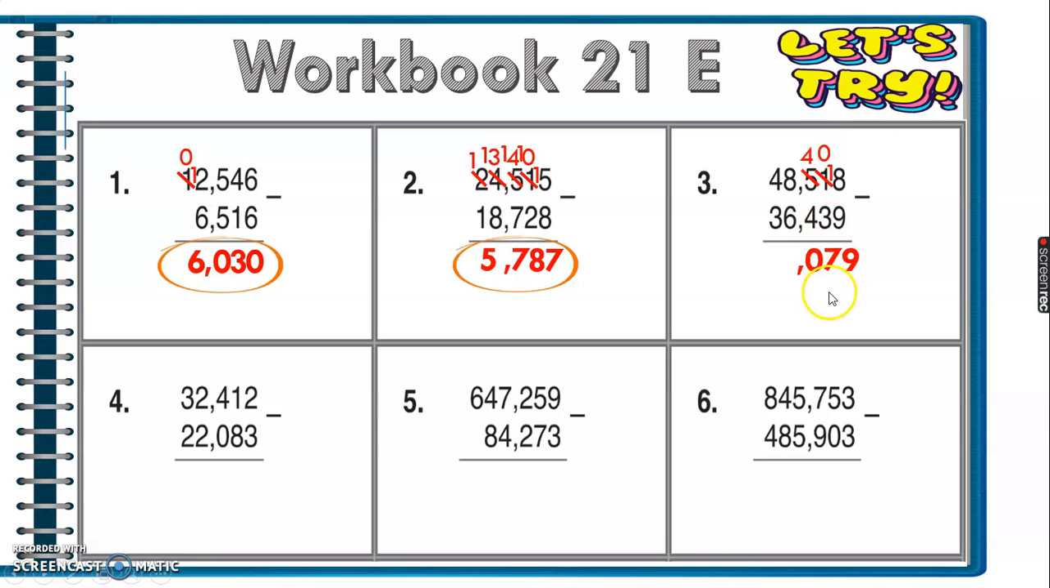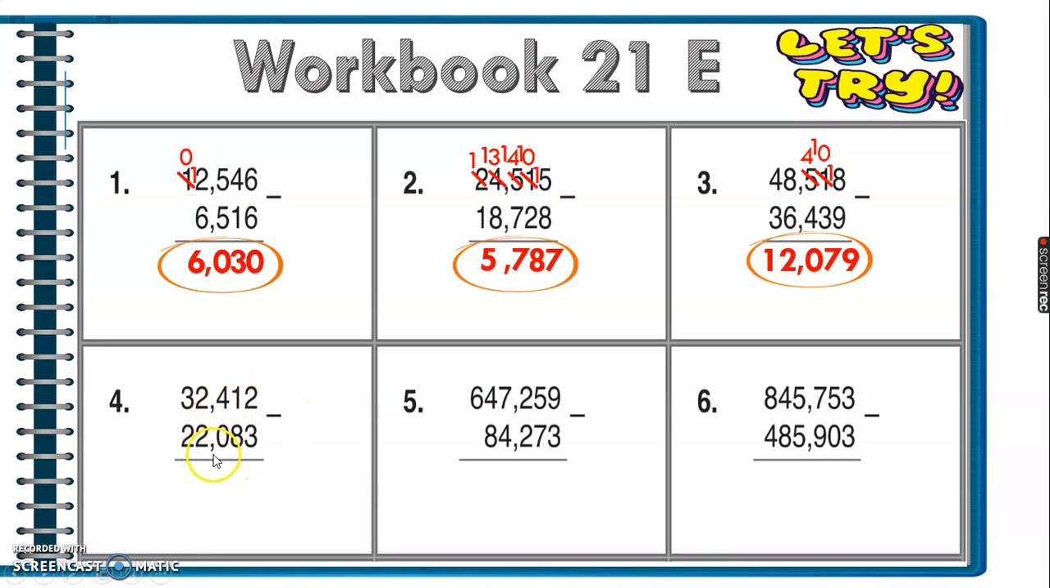So 4 minus 4 is equal to 0. And then 8 minus 6 is equal to 2. And then 4 minus 1 minus 3 is equal to 1, right? So the answer is 12,079. Okay, next, number 4, we have